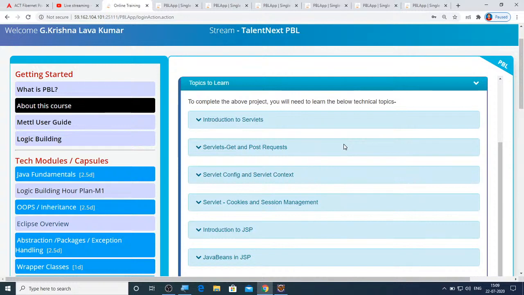As you all know, HTML is static. That means you are going to create all static web pages using HTML. That's the reason we add CSS and JavaScript in order to make HTML pages look dynamic.